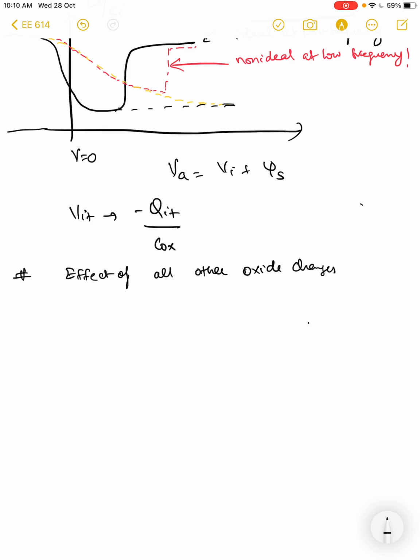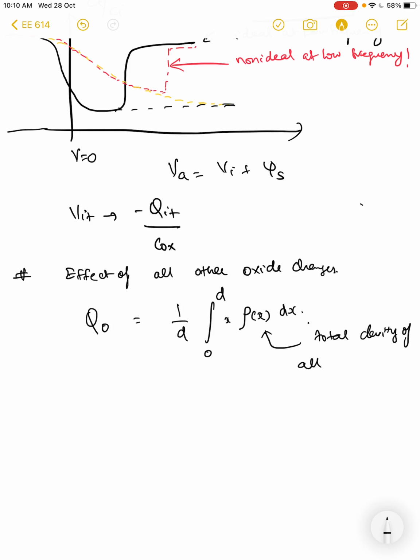So we are going to club all the oxide charges such that I'm going to write Q. Q is the total charge in the oxide, which can be written as this integral, d being the thickness of the oxide, and rho of x is a total density of all oxide charges,